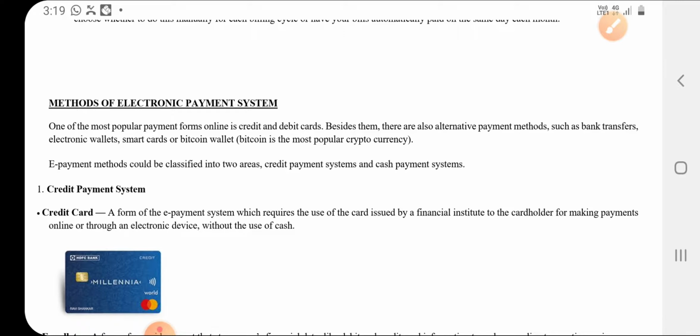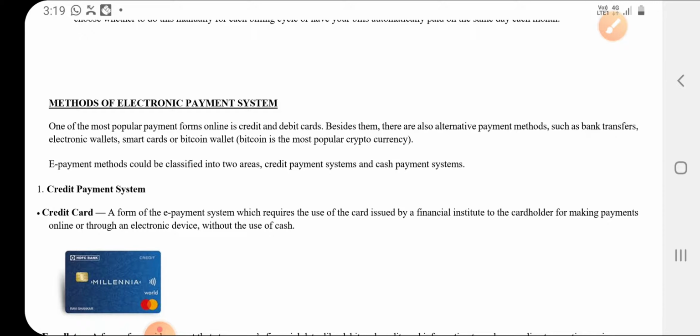So, it is like a loan. Instead of giving a loan, they are giving you the credit card. You can use your credit card to pay for any product or anything which you want. And every month you have to pay for that particular loan with some interest. Every month there will be a cash limit in the credit card. You can spend up to that particular cash limit and that cash has to be repaid by you. Every month you have to pay that particular amount to the bank.